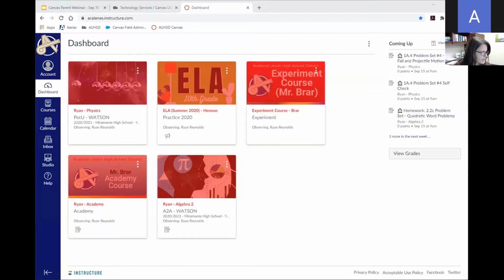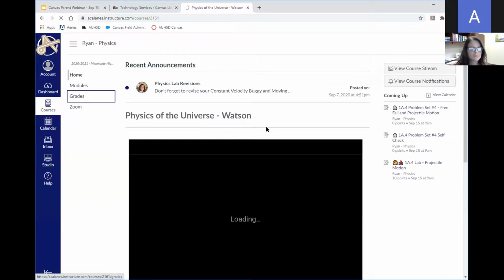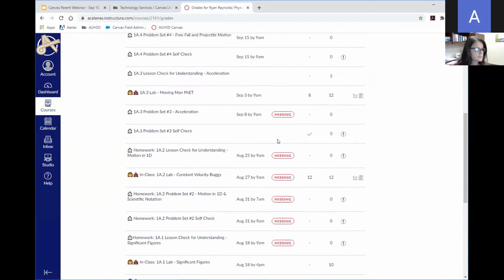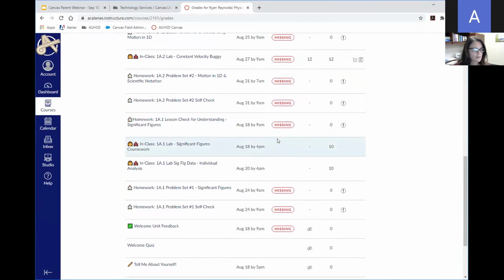Oh, is there a way to see a summary of missing assignments like in School Loop? Yes, I believe so, right? Well, not overall, right? Abhi, go ahead. It's done by course. If you go inside a course and you click on grades, it will highlight with a red missing badge anything that is missing. Unfortunately, Canvas does not send a summary of all missing assignments